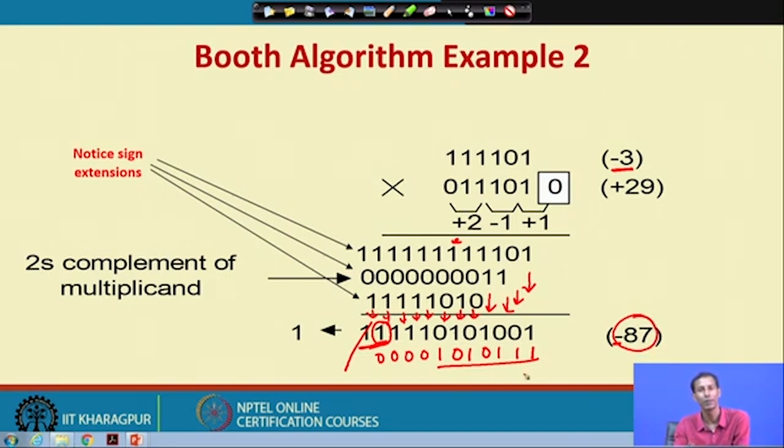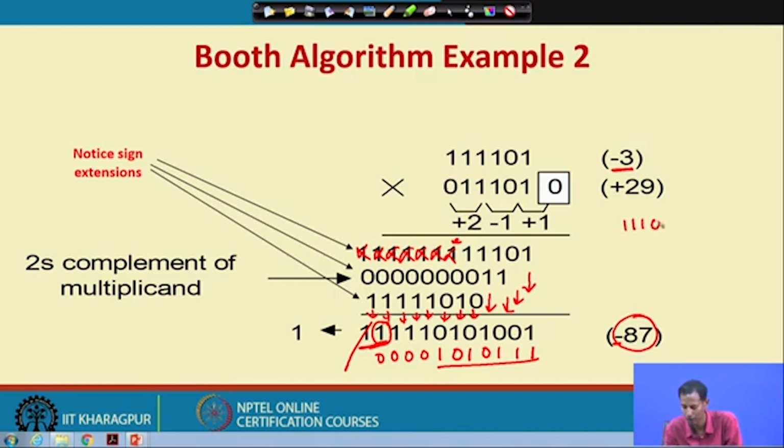Okay. So, that means using the sign extension I am getting the corresponding results of this. Now, suppose if I do not use this sign extension, at that time what will happen? If I do not consider these particular bits, at that time what will happen? Can I get this minus 87? If I check that, if I do not consider this, what will